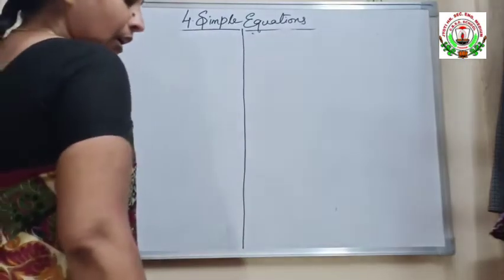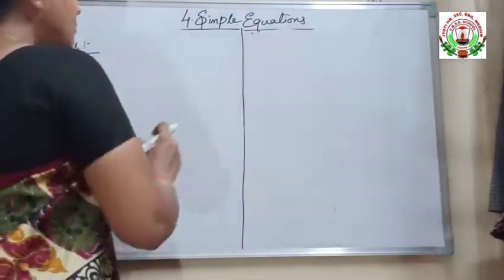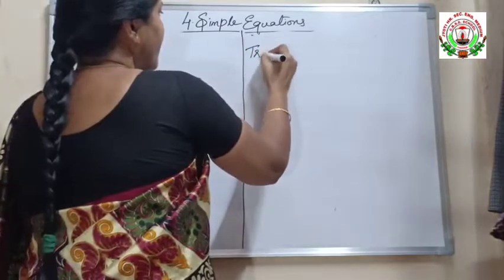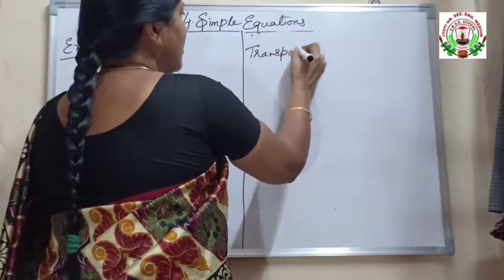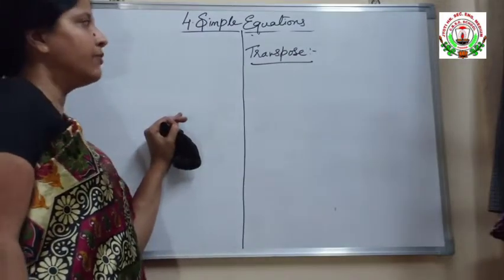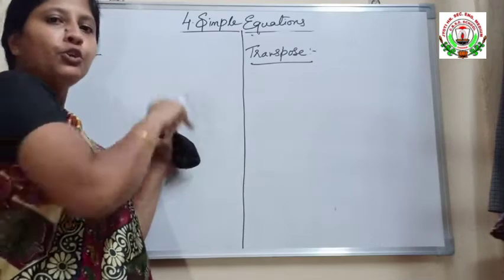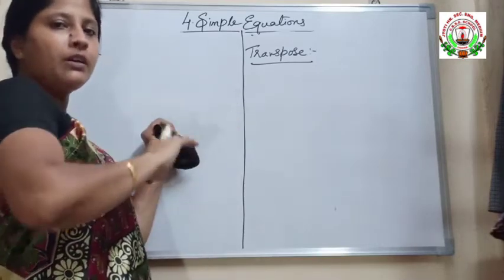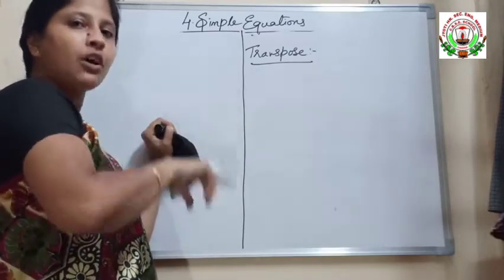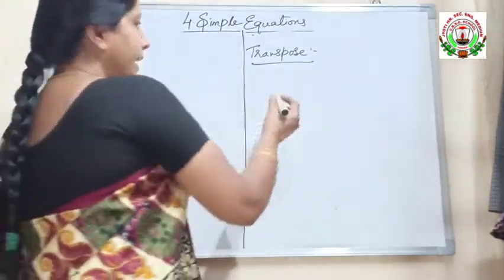In this, I have given the word transpose. I told you when I was explaining the basics, I have used the word transpose. We are going to use this transpose of the numbers to solve the equations and find the value of the variable. Example,